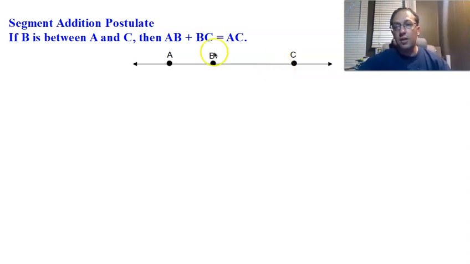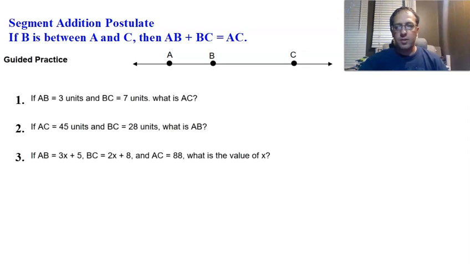Duh, of course. That's why this is a postulate. That's why this is something we do not need a formal proof for, and we accept this as being self-evident. This is one of those axioms. It's a postulate. We don't need to prove it. All right, so real quickly, we're going to do a couple of examples with this just because we like easy stuff. So here we go. If you would pause the video, work these 3 questions out, then come back and check your answers.